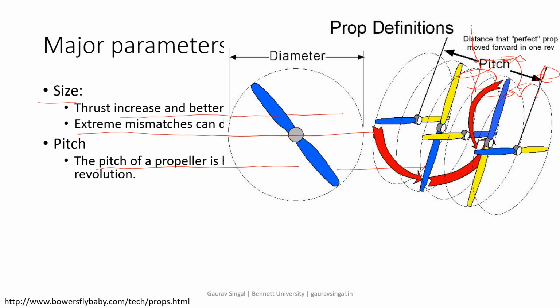I can rub this out so we can see it clearly. You can say this is the diameter, and this is the pitch, because it started from here and completes one round of rotation. When it reaches the starting position again, how much it has moved forward is called the pitch, and this is the size or diameter.